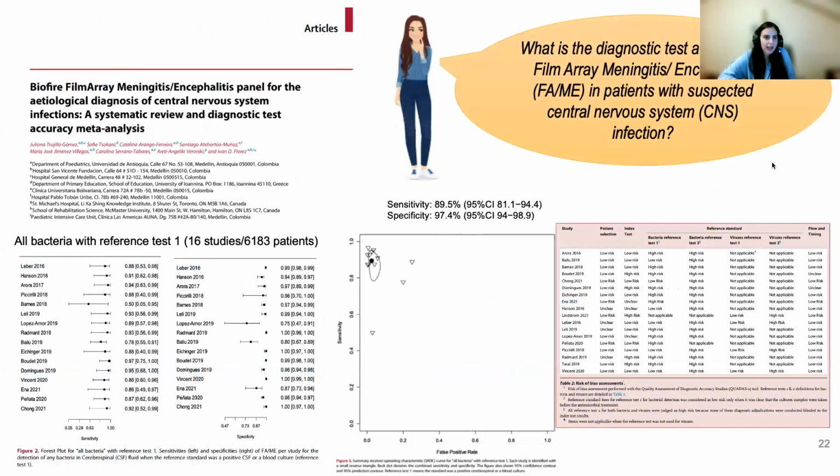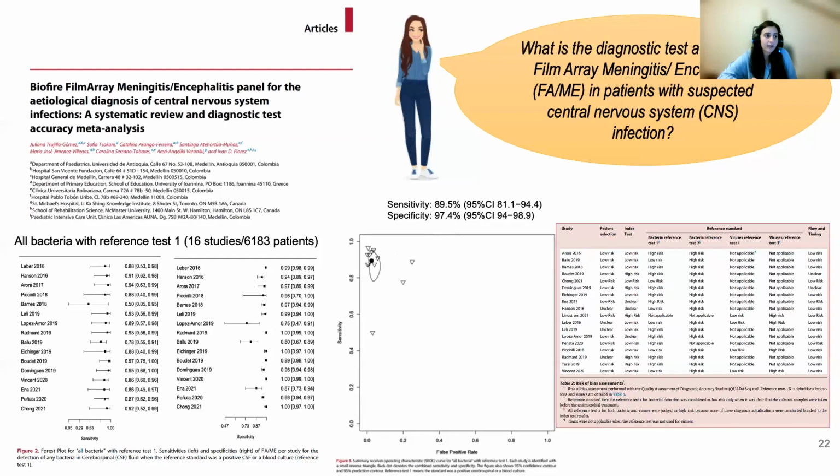So if we move to the next slide, we can see an example of a meta-analysis. In this meta-analysis, the aim was to explore the diagnostic accuracy of an index test, the FilmArray meningitis encephalitis test, in patients with suspected central nervous system infection. So the target condition was the central nervous system infection. This meta-analysis included 16 studies and around 6,000 participants, and we adopted the bivariate model to conduct the meta-analysis, and